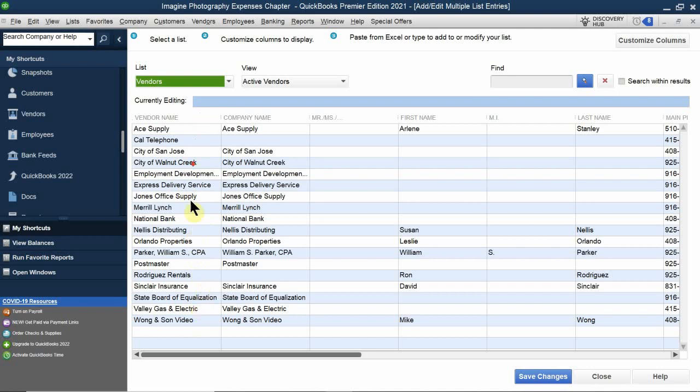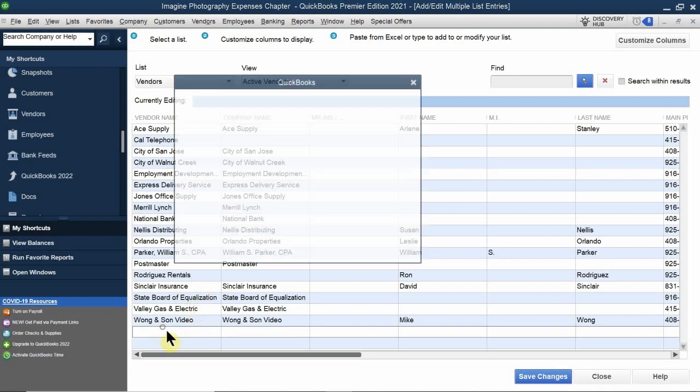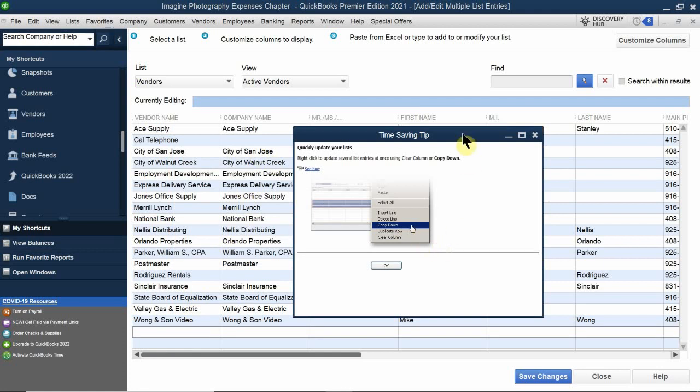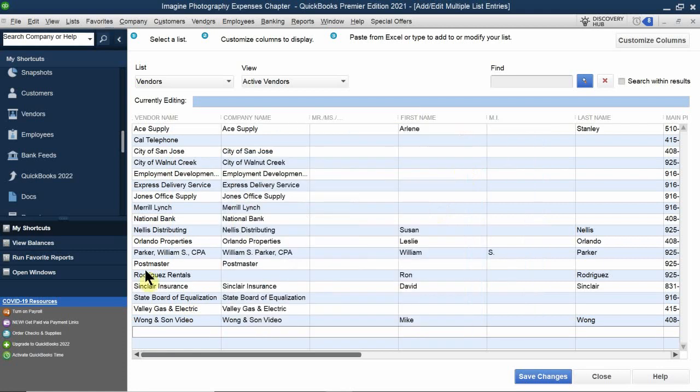But in this case, you can't enter in. So if I wanted to put all my people in here, you can go ahead and do so by going one at a time. Just enter their name, company name, and so on and so forth. So you can add them all at the same time. You can even use Excel to copy the cells and paste it in here. Okay, and again, you can also import the Excel list as well into your vendors list, and then you would have it all there. So that's the cool thing about that,